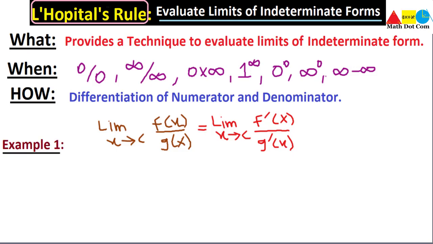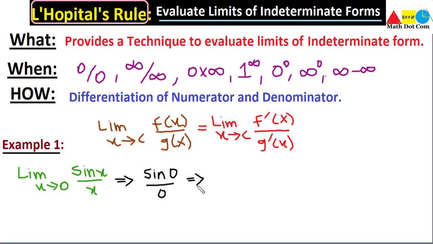So we have example 1 where we are going to apply this rule: limit x approaches 0 of the trigonometric function sine x divided by x. If I don't use L'Hopital's rule, what will I get? First we will do that, then you will understand why there is a need for this rule. If I put the value x equals 0, what we get is sine 0 divided by 0. Sine 0 is 0, and in the denominator we get 0. Now 0 over 0 is the indeterminate form, so we cannot solve this limit in such a way. So we need to use L'Hopital's rule here.